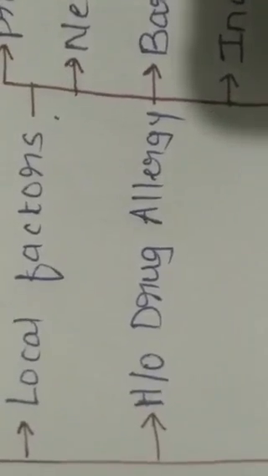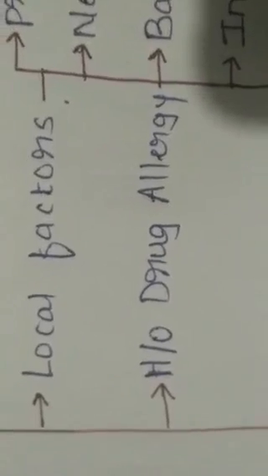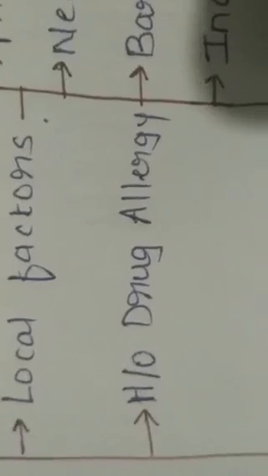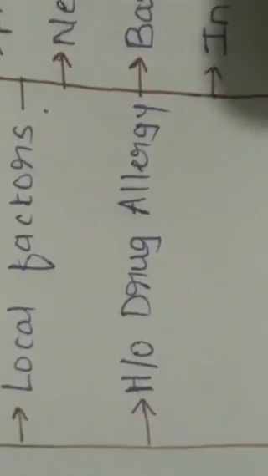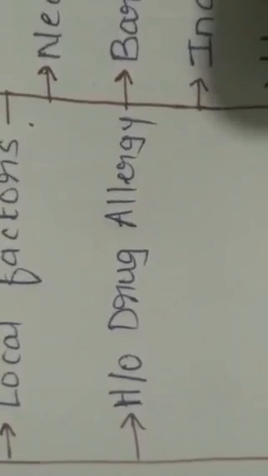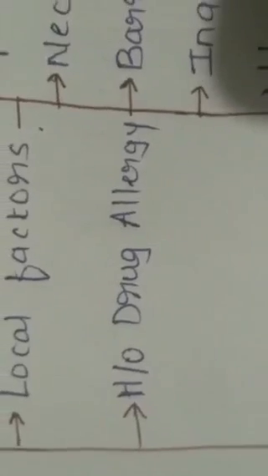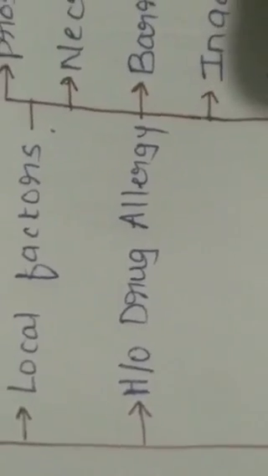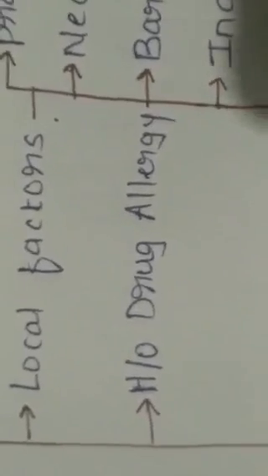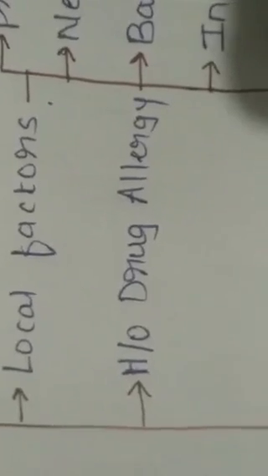Then history of drug allergy. This is very, very important. You know that one of the safest antimicrobials till today, which was among the initial antimicrobials developed, and still today is the safest, is penicillin. But one of the biggest limitations of penicillin is that in very few individuals, it will cause development of an anaphylactic reaction. Now suppose you have not taken the drug allergy history, and the patient is allergic to penicillin, and suppose you have prescribed penicillin for a gram-positive infection, say for example a streptococcal throat infection,